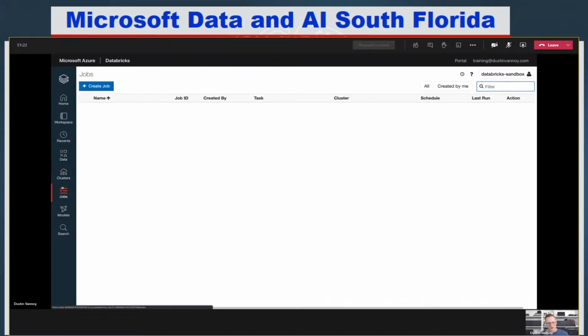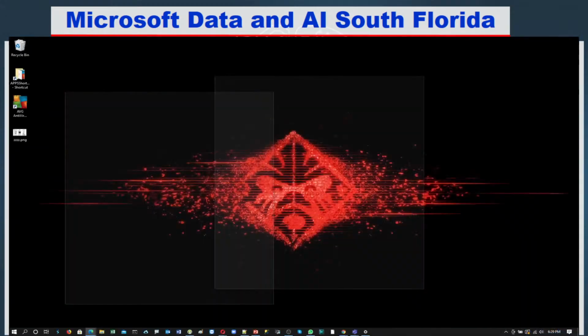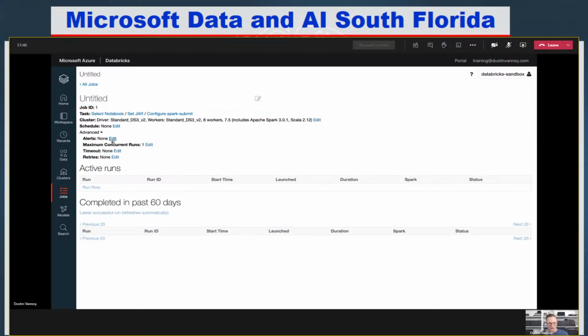Probably the one other thing I'll show to make sure it's clear that we can do this is that we can create jobs that have schedules to them that can either be running a notebook or running a library that we've written and packaged up and loaded up here for our Databricks workspace to access. That can spin up a one-off cluster when it runs, or it can use an always-on cluster that I have. And of course, there's a few other configurations around alerting and things if things don't go smoothly.